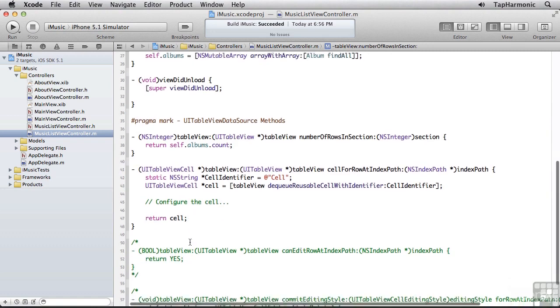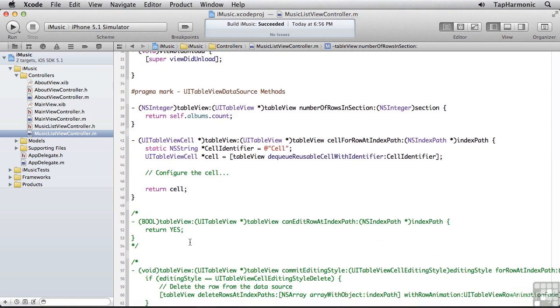Next, we'll move on to the tableView:cellForRowAtIndexPath: method. And immediately prior to rendering a given row, this method will be invoked. Now we're defining the cell identifier value, and we're asking the table view to dequeue a reusable cell with identifier. If you'll recall, a table view cell is the component we use to actually render a row of data on